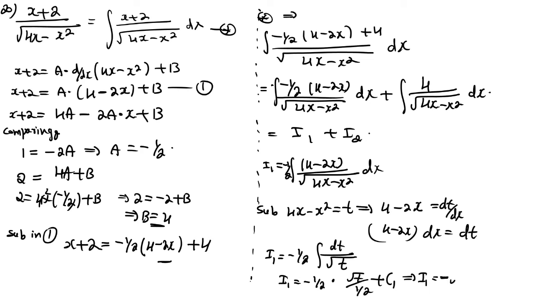This is root of t value. We took t value is equal to 4x minus x square, so minus 1 by 2 into root t divided by 1 by 2 gives minus square root of 4x minus x square, plus take it as c1. Remember the I1 value. Now calculate I2 value. We took I2 is equal to